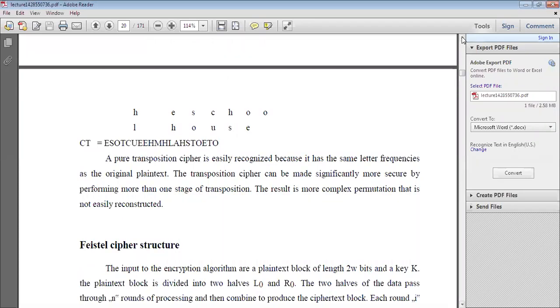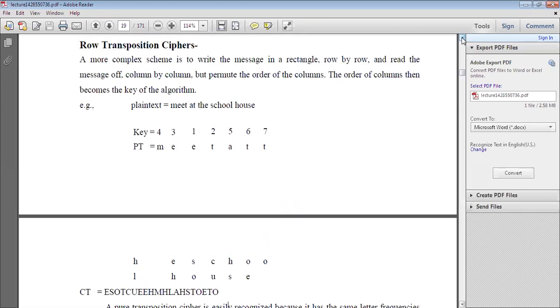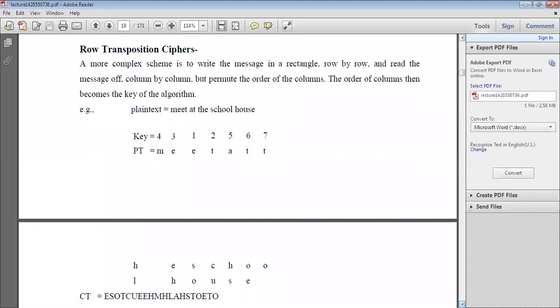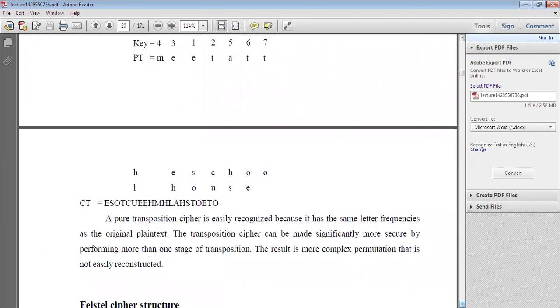Here the key length you have to write like this, and the plain text write like this, and you can give the values. Row transposition ciphers as well as column transposition ciphers, both ways we have to write, and the plain text we have to convert into ciphertext.